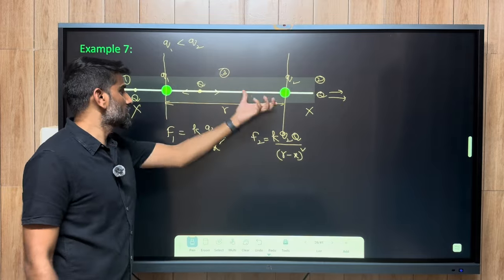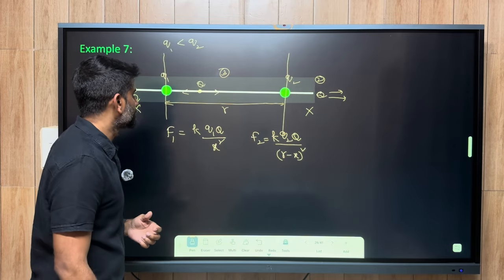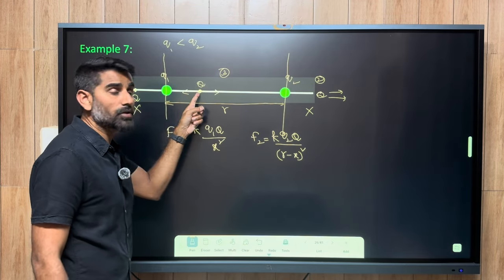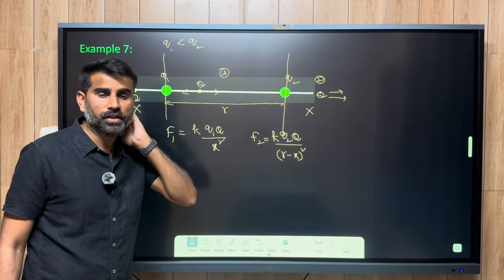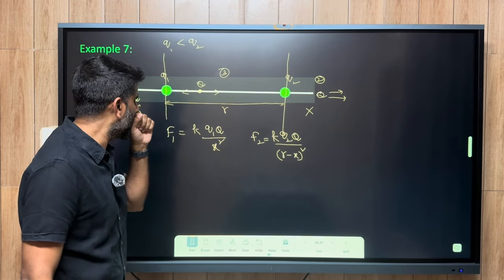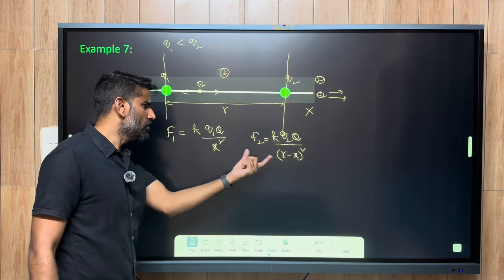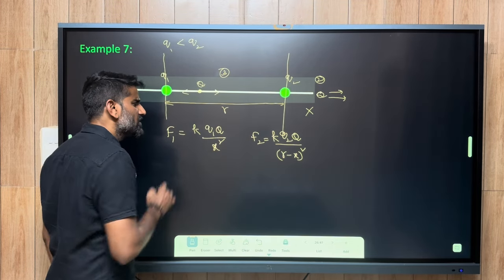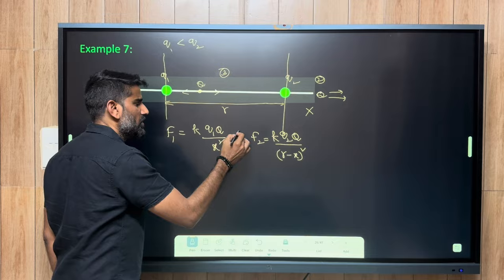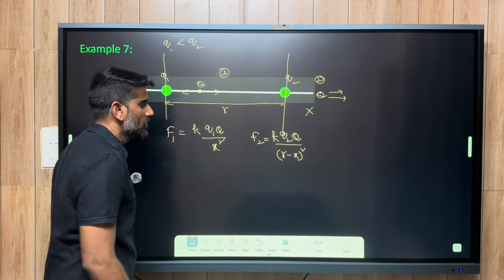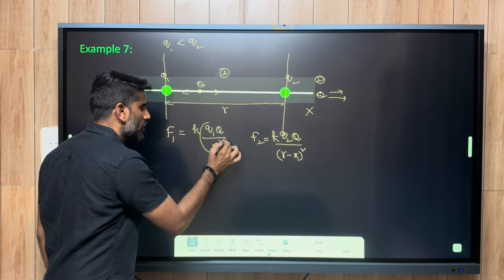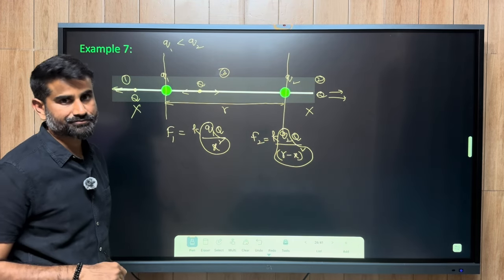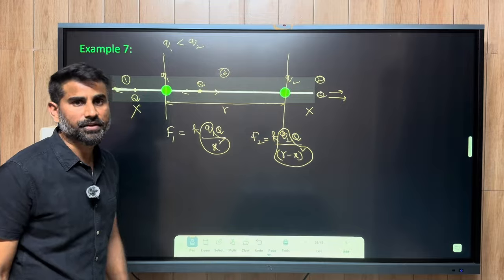Where should we place the third charge in between the two charges such that it will be in equilibrium? That means net force on it will be 0. To identify that, we are going to take the relation of Coulomb's law, force equation. K is constant. Q is there in both the equations. So this Q1 by X square and Q2 by R minus X square must be same for the two forces